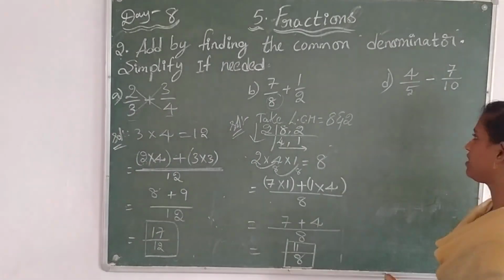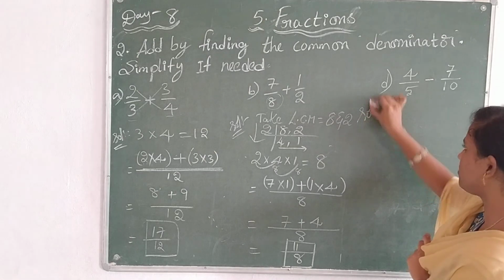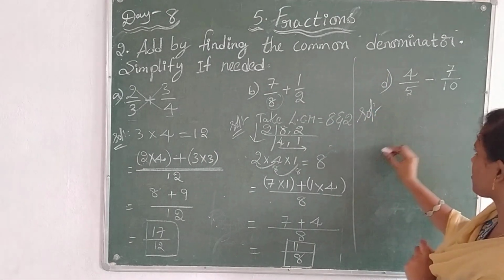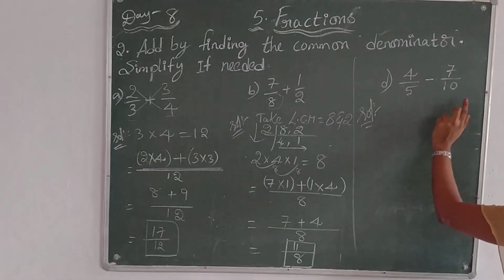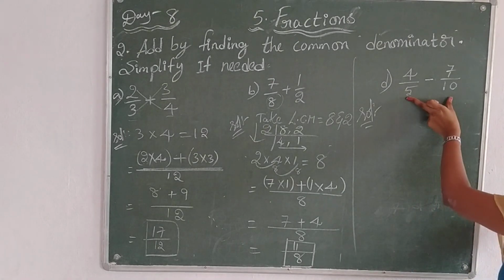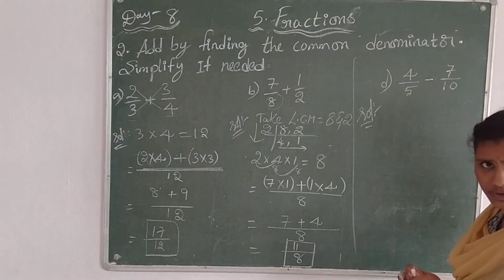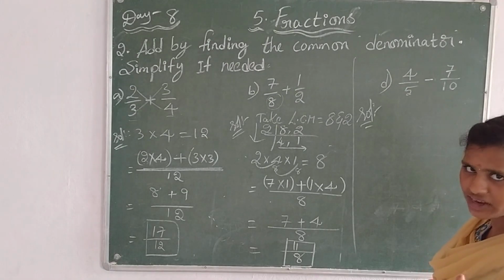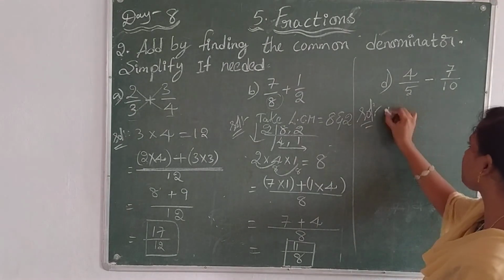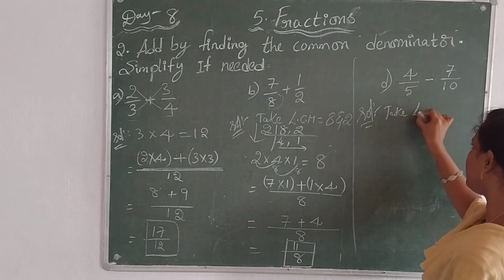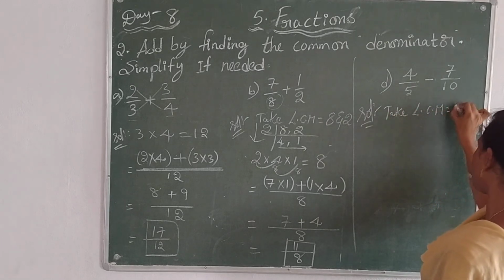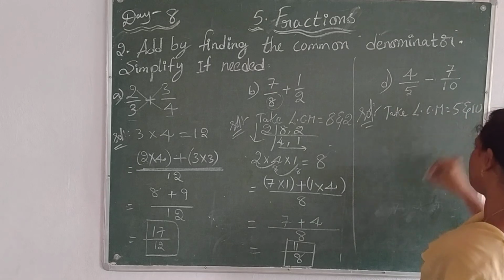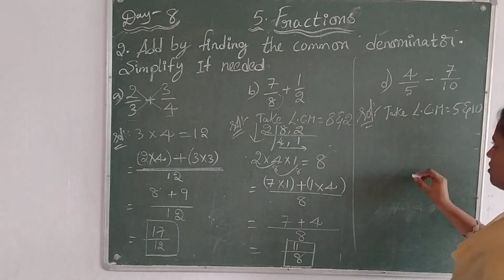You have clearly understood now. Take numbers 5 and 10. See these two numbers. Any table will cancel these two numbers? Yes, you are right. Which table? The 5 table, right? Yes, you are good. So, take the LCM of 5 and 10.